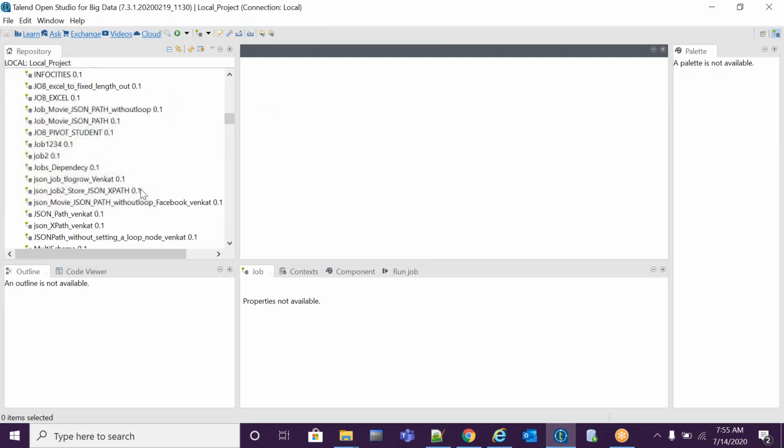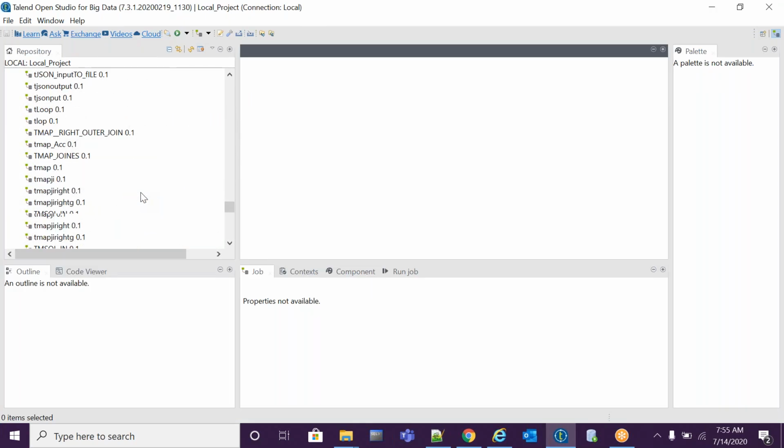So let me come to the metadata section. Come to the file delimiter and click create.